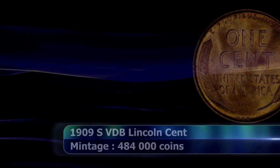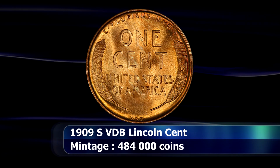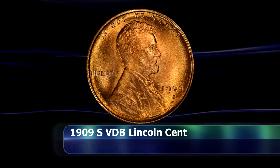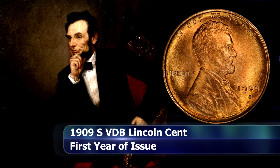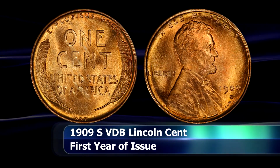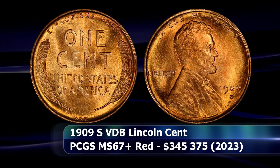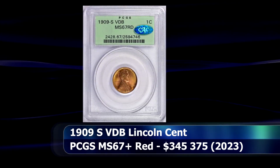$287,156. Then, at around the halfway mark or so, we come to the 1909 S VDB wheat cent, the coin that holds the distinction of being the lowest mintage issue in the entire series, at merely 484,000 coins minted. The coin is one of the few made at the San Francisco Mint before they removed the VDB initials from the reverse design. Graded by PCGS as MS67 Red, this eye-catching beauty sold at auction in 2023 for